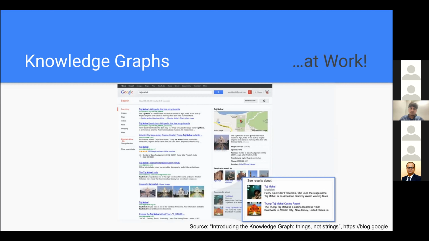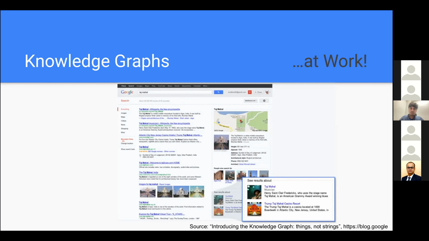Another important point to note here is that there is also a section of see results about some musician named Taj Mahal. We as users definitely are not looking for some musician named Taj Mahal. We are interested in the monument that Taj Mahal is. So this understanding of what the user has typed in, at the contextual semantic level, is important, and it is rightly identified by technology giants such as Google and Microsoft. That is why they are slowly transitioning to leverage knowledge graphs and deep learning in tandem.